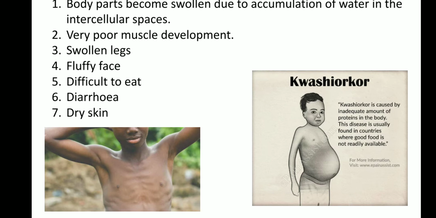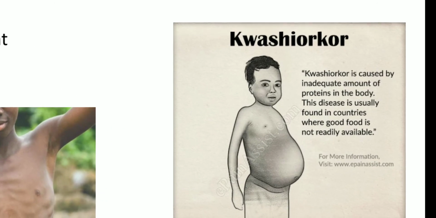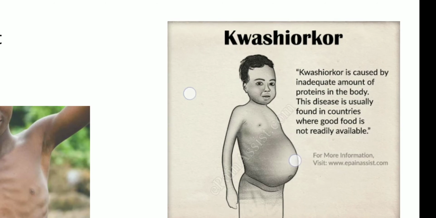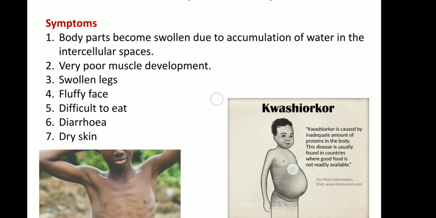Then swollen legs, fluffy face, difficulty eating, diarrhea, and dry skin. These are the different symptoms of Kwashiorkor disease. You can see in the picture, body parts become swollen, especially the belly, due to accumulation of water in